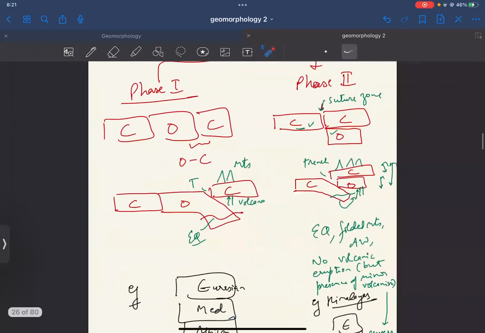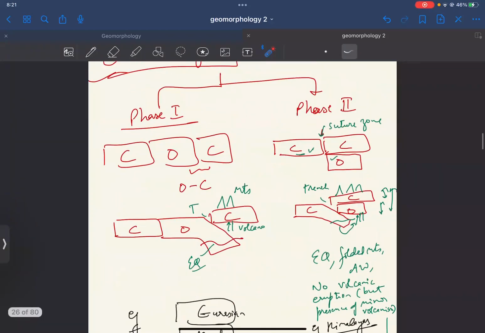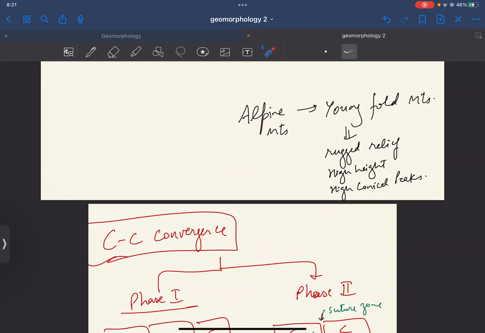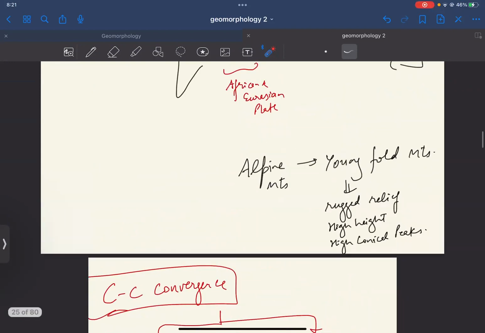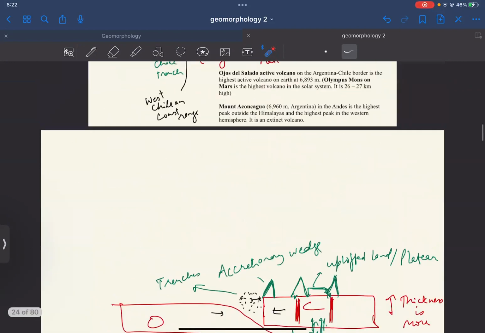East African Rift Valley. All right. I guess this is all you need to know about this. What else? This is what you need to know about. And if you look into our books,